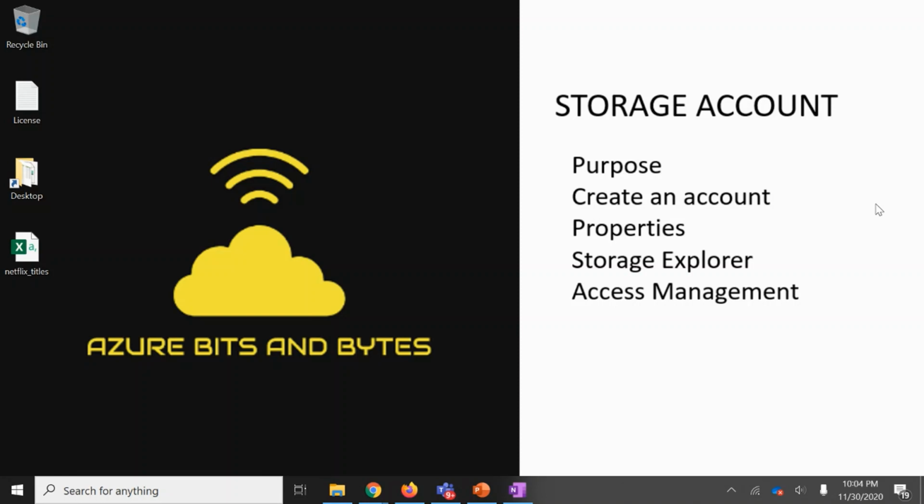File share storage is like storing a virtual hard drive, like the physical hard drive you have with you. Similarly, we have a concept called a virtual hard drive, where you can save some files and later share it with a person, and they would attach that virtual hard drive to their computer.